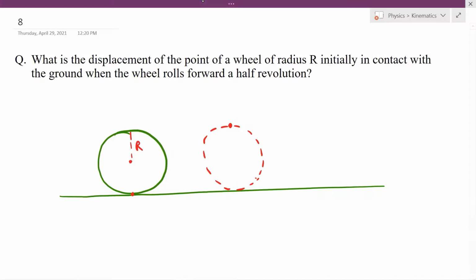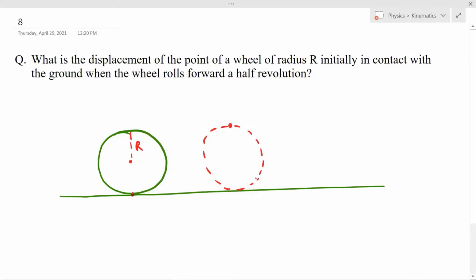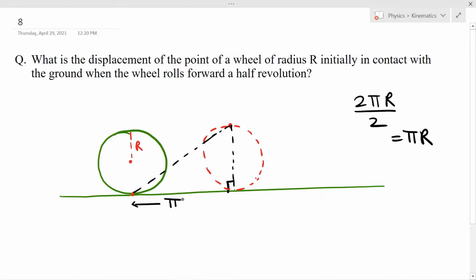So this is the length, this is 90 degree. So what will be this? It covers half a revolution. So 2 pi r divided by 2 will be pi r. So this is pi r. And what will be this? This will be 2r. Now the distance between these 2 points, that is the straight line between these 2 points, is my displacement,